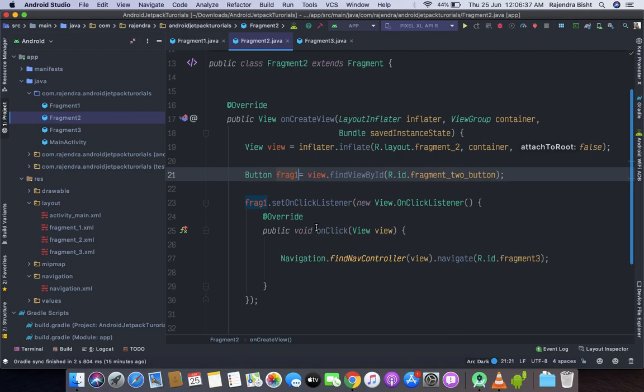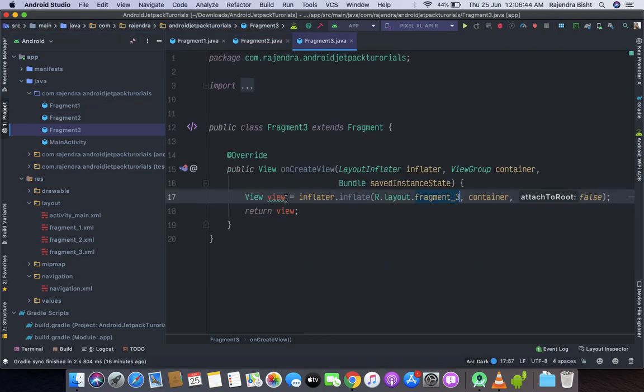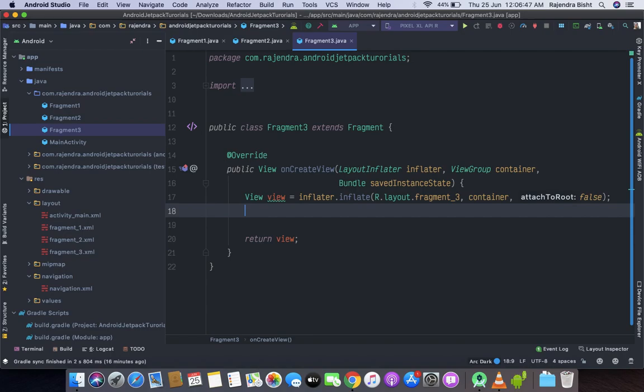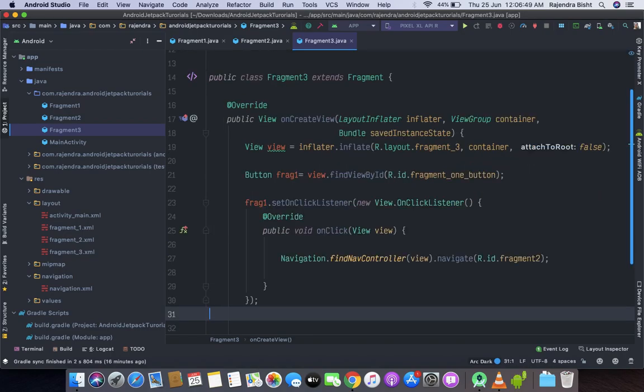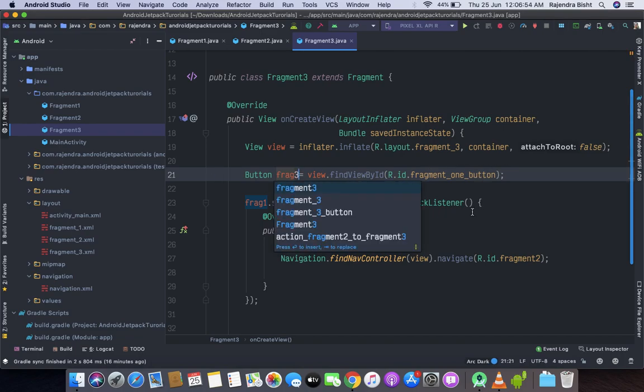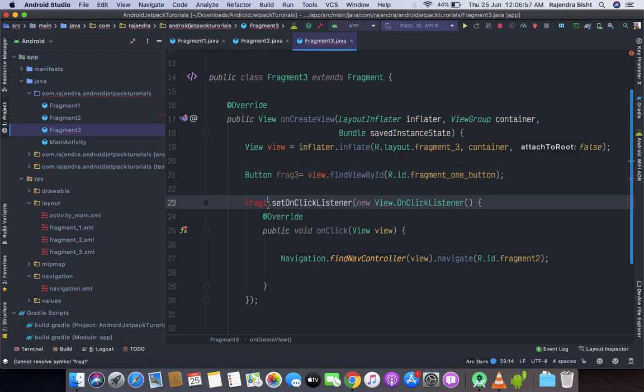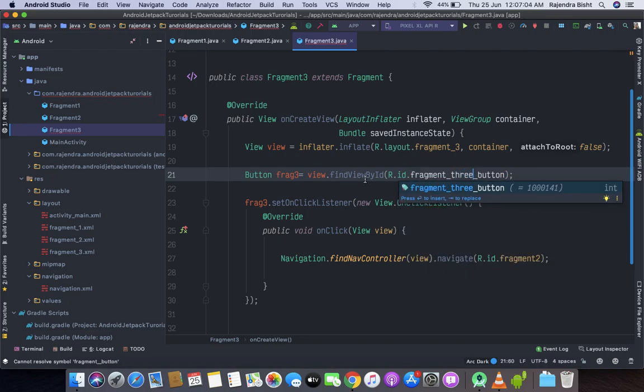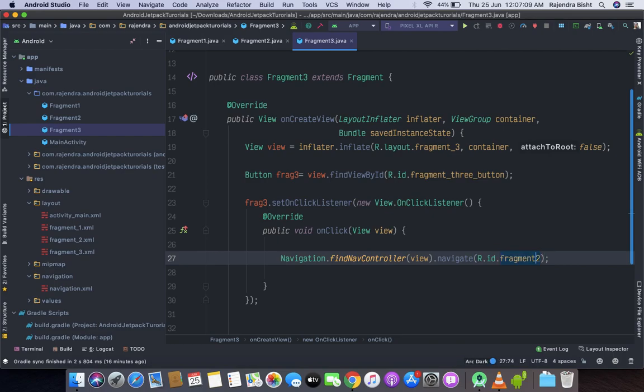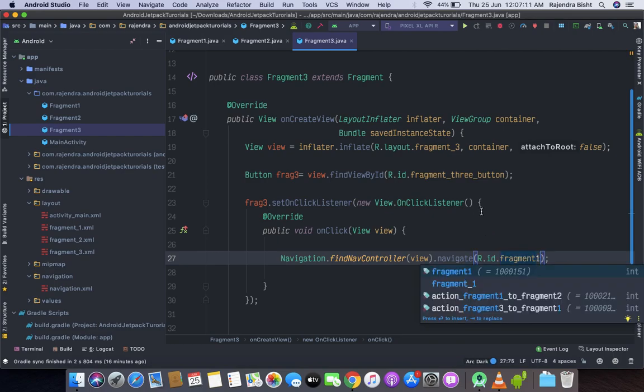So let's say frag 2. Now similarly for fragment 3, here the button name is 3, and we want to go from fragment 3 to fragment 1. So here we will write fragment 1.